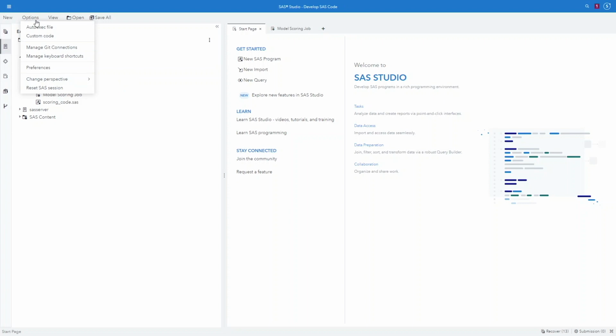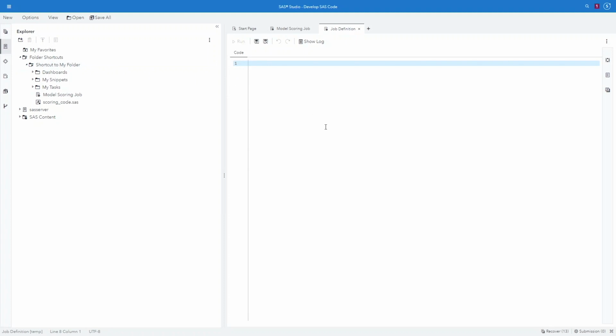If you want to make your own job, click on New, Job, Definition. From here, you can add your SAS scoring code or your Python scoring code. Whatever you need to include all goes right here. If you want to associate a form with it, on the right side, you'll click that, add an HTML form. And if you want to add or edit job parameters, you click on the Parameters button.